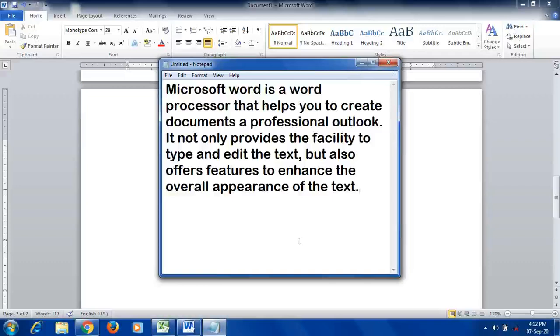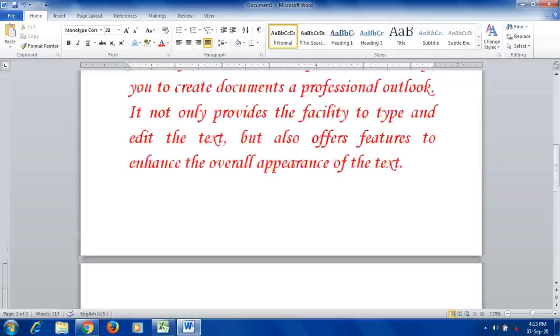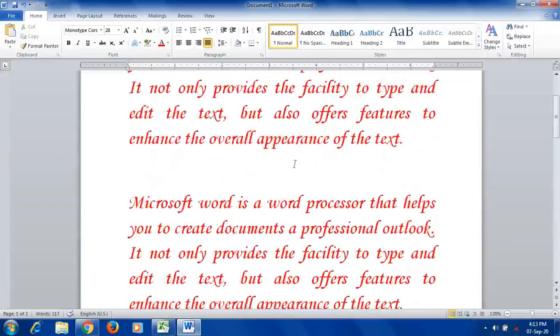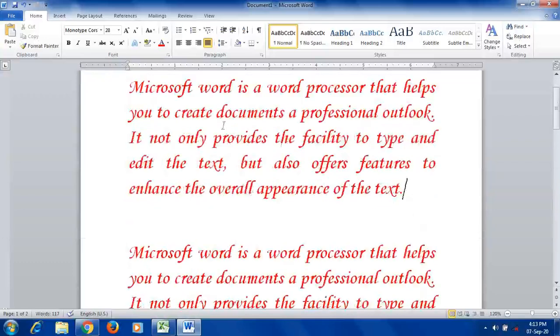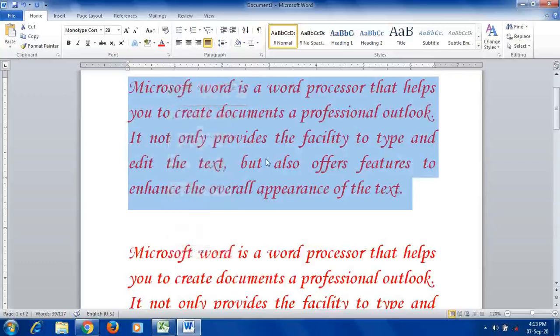If you paste this same text in another Word document, surely the text will be displayed with your formatting. Whatever formatting you have applied, with that formatting your text will be displayed. This is moving and copying. Moving means select the text, cut and paste it, so that moves the text from its original location. Copy means it makes a duplicate of the same text.